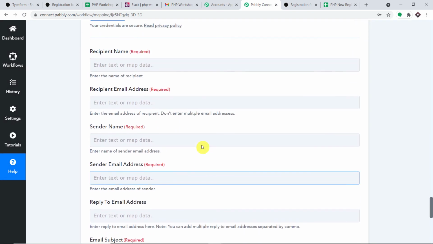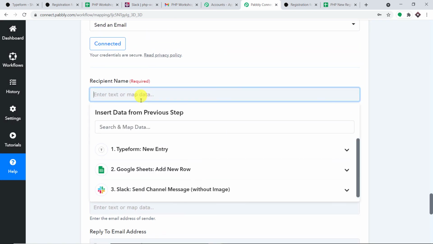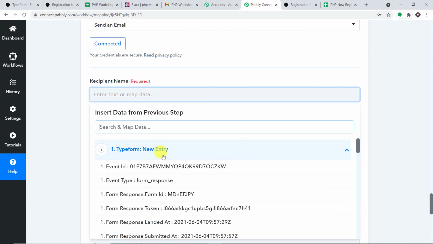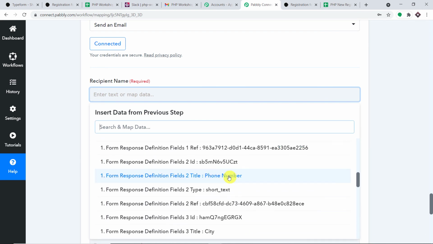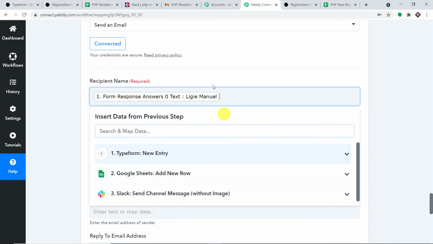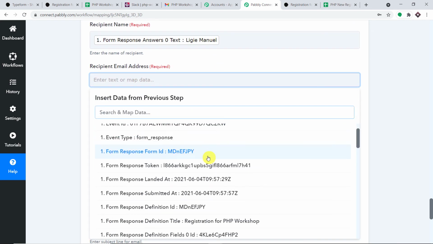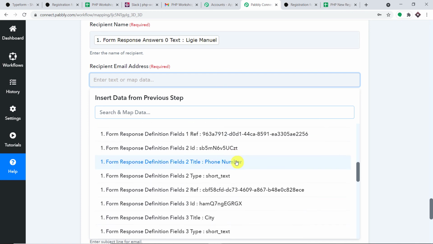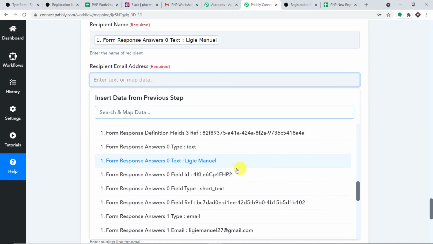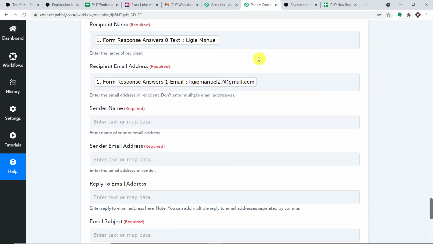Okay, so let's start mapping in the details. It wants the recipient name. So we already know the recipient name is Ligi. Okay, so let's map that name. Okay, so this is something you get from the first accordion of Typeform, basically the trigger. Now we have the recipient name, recipient email address. I think we have to go back to the email address, that is Ligi Manual. Okay, so we will be sending the email message to this address.